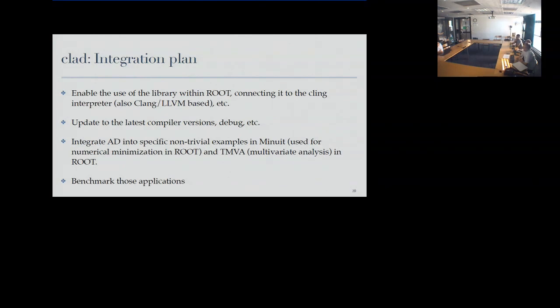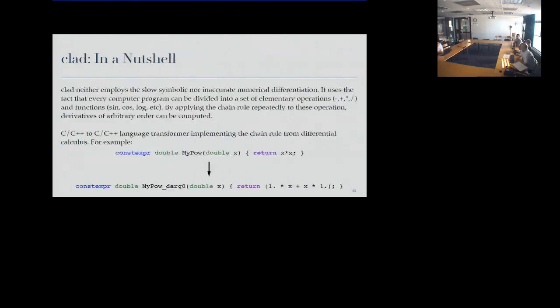And as a final step, we want to benchmark those and show improvements. So one very quick summary of how the automatic differentiation tools work: in the Clad library, there are two modes of trying to produce a derivative. One is the numerical one, where you have a normal Newtonian method with iterations converging towards the value of the derivative. And there is a symbolic mathematic approach, where the symbolic approach is slow in most cases,